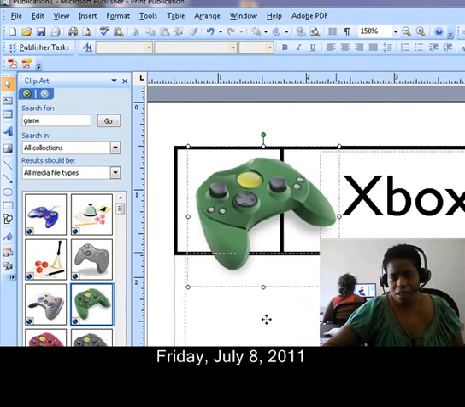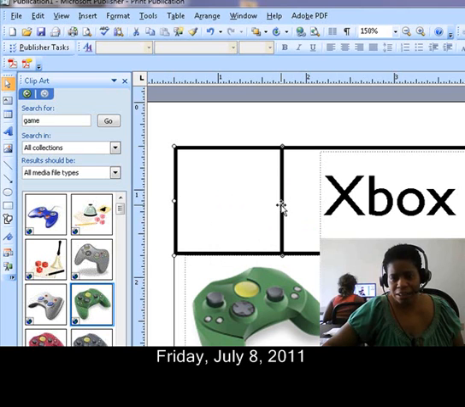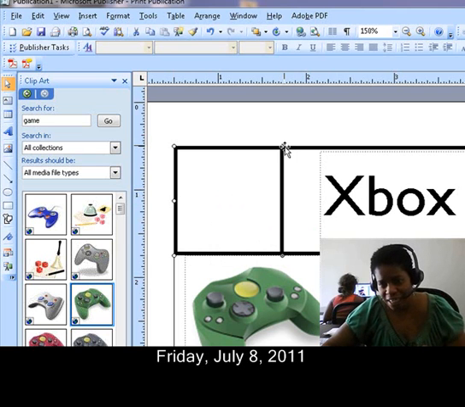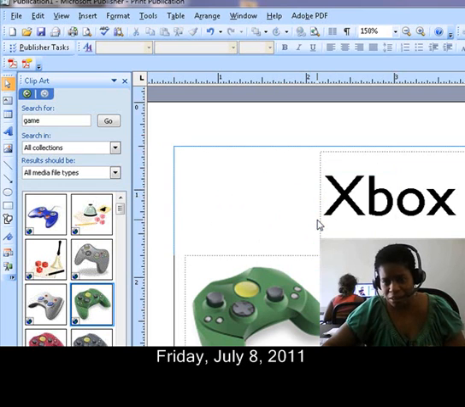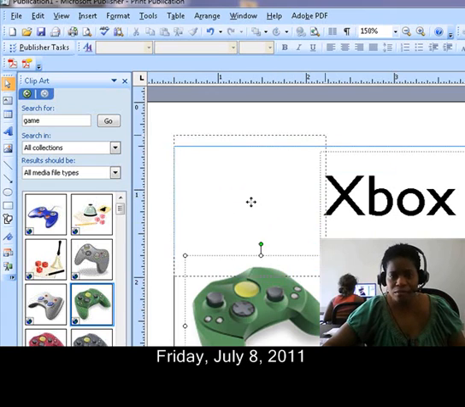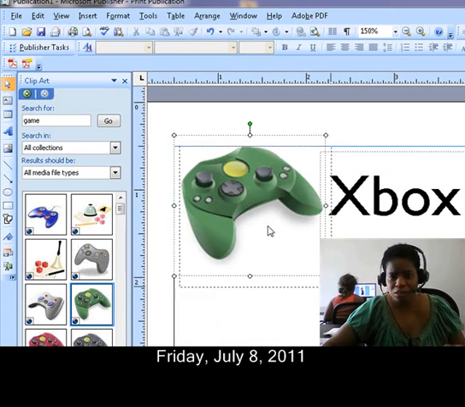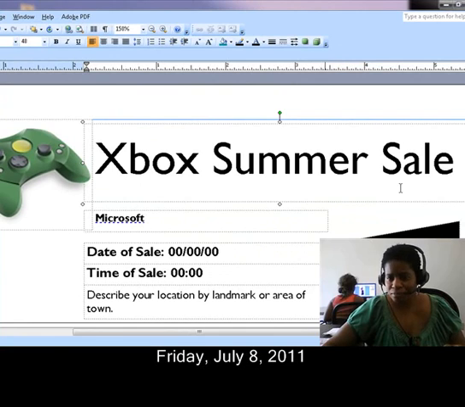and then you can also choose to move this line right here. See the little line emblems right there? You can actually remove this line. Right click, delete object, and that'll take that part off. And you can put your Xbox, your little picture right there. Alright, and then you're going to put,